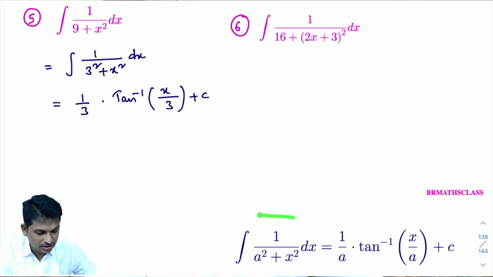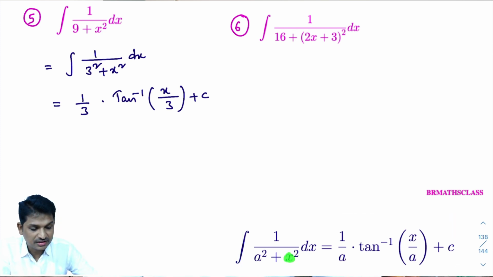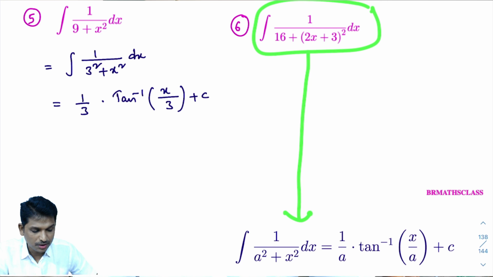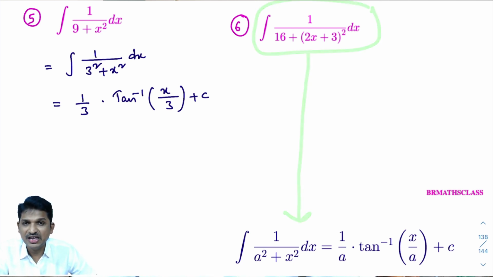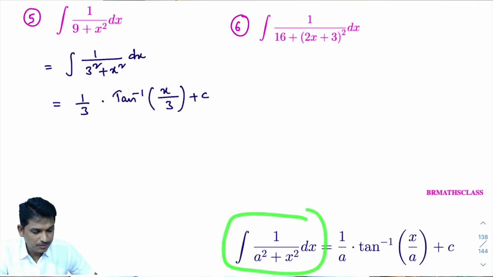Now, this is the third model we are discussing. As you learn this formula, in this formula, in place of x, if ax plus b is present, then how to write its answer directly? That is what I am discussing. That is what you need to learn. Actually, we can do this problem by substitution method. Then we can apply this formula. But I don't want to do this by substitution method. I want to write the answer directly. I will tell you the trick. What is the trick? In this formula, in place of x,